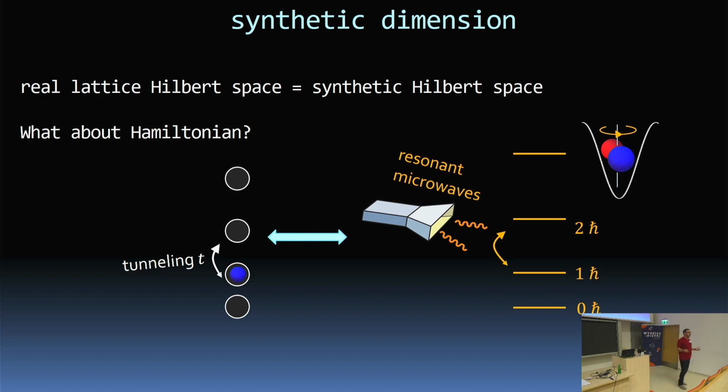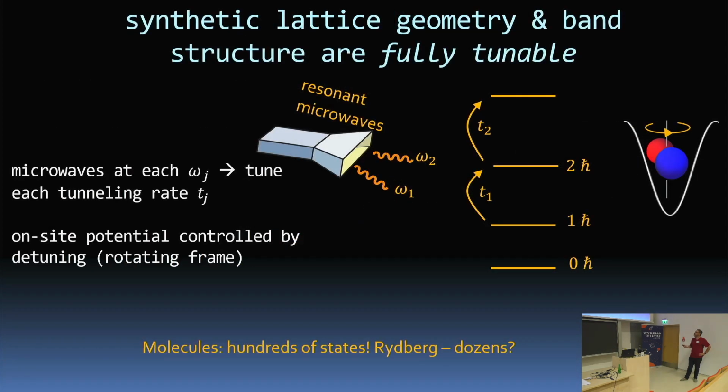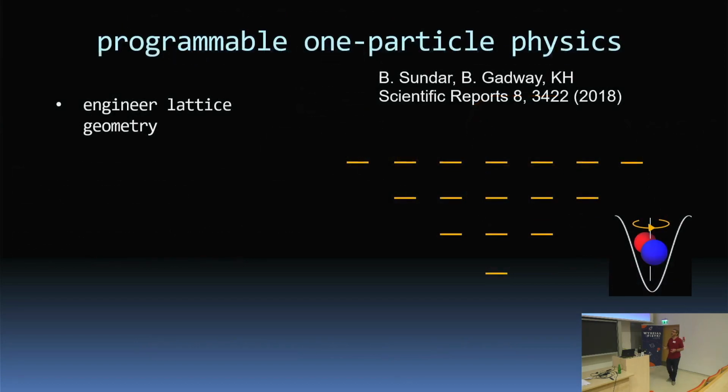You could ask, is the rotating wave approximation any good? For the parameters we're going to look at, this is probably accurate to better than 1%. So you really have this one-to-one mapping. And because this is not a harmonic oscillator, it's a molecule, the spacing is nonlinear, so each of these transitions has a different frequency. You can use different microwave frequencies to drive different transitions. Maybe you don't even need polarization control because you can just spectroscopically pick different transitions. So you end up getting full controllability of all of these tunnel couplings in this internal space. You can just program in whatever geometry you want, whatever band structure you want.